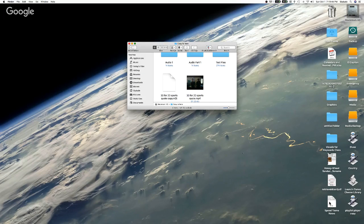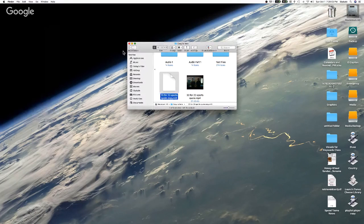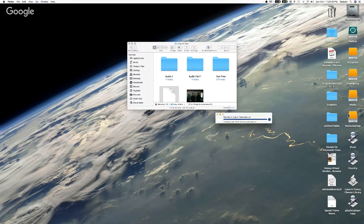They're significantly faster. Just an example, this is an M2T file. It's a type of video file that I've been working with once in a while. This is a 14 gigabyte file, as you can see. Now, normally, when you move a 14 gigabyte file from one place to another, it can be very time consuming. Just for the sake of it, I'm going to put it on my media backup drive here, and I'm going to go ahead and authenticate it, and you're going to find out how quickly it copies, all right,